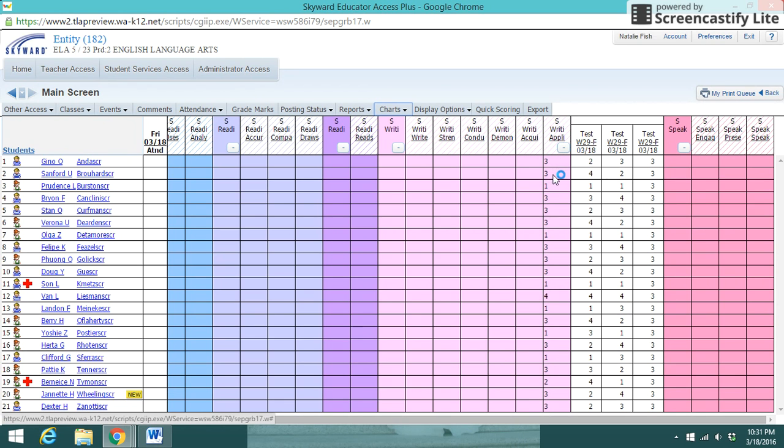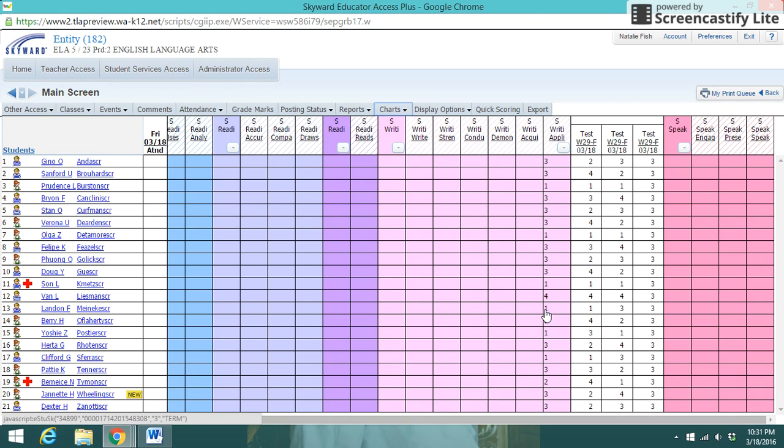So as I'm going through to see what their average is, I want to pay close attention to see if there's anything that I don't agree with. So as I'm going down here, Landon M received a 3, and then a 1. And yet the computer is computing that as a 1 average, which maybe I don't agree with. Maybe I know that Landon really is a 3,